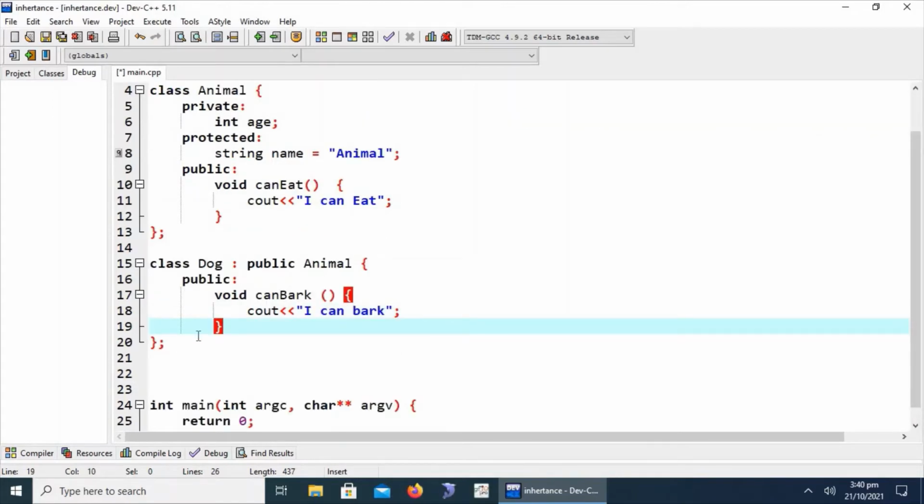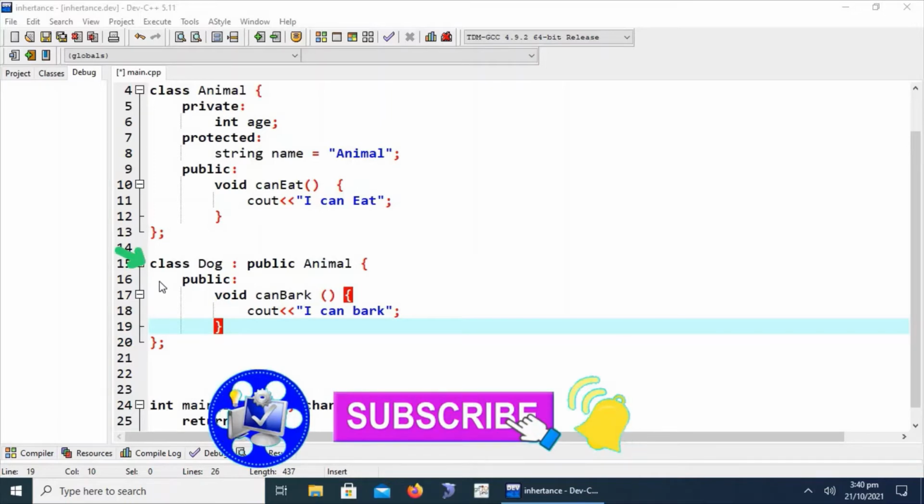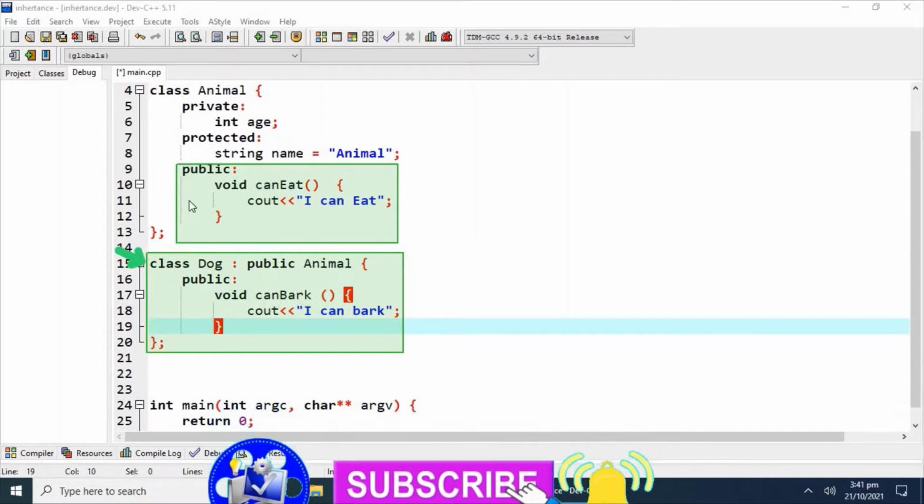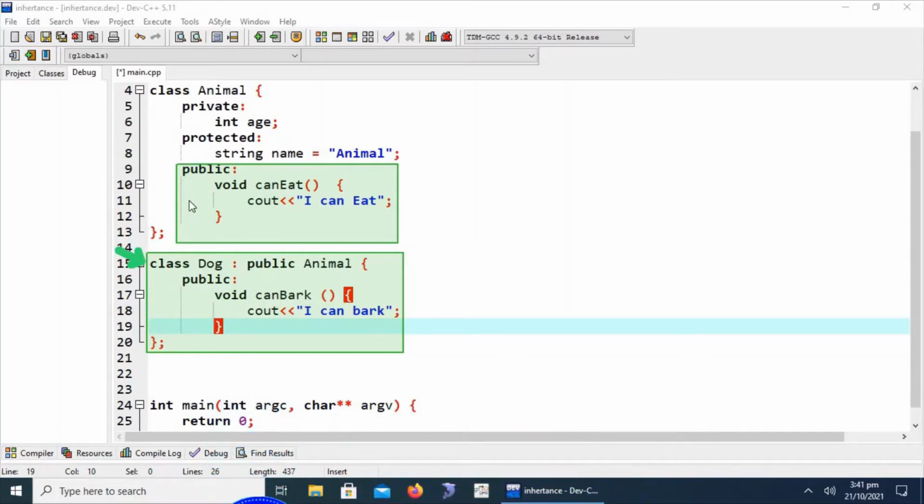Here we have to notice that the member function created from this derived class will be able to call can bark as well as can eat, because eat has a public access specifier and is accessible in the derived child class.